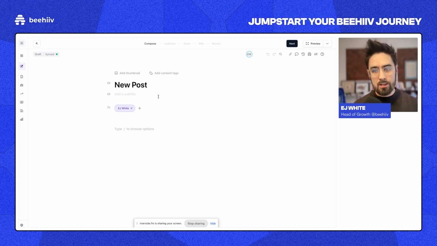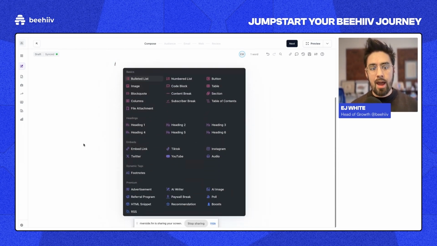And so the whole thesis was, what if there was a platform that had all of these tools built into it so that you could produce a professional looking newsletter without all of the engineering resources, without all of the venture capital. And so the result of that is this editor experience where you can come in here, hit the forward slash, and you have access to all of these different widgets that are all very, very powerful and create engaging, interactive experiences, ones that can make you money, ones that can just surprise and delight and impress